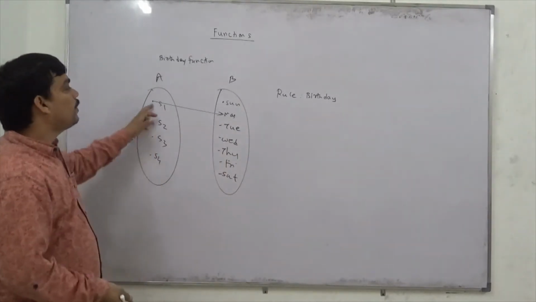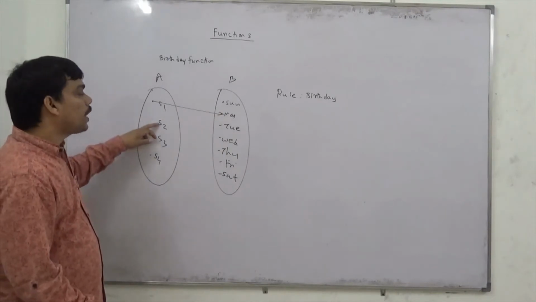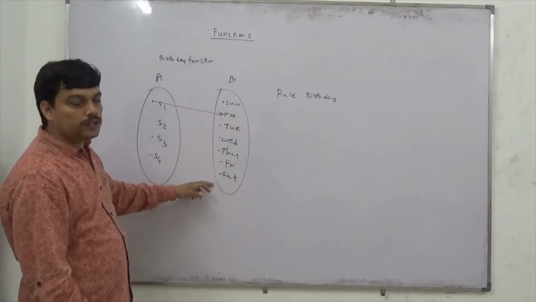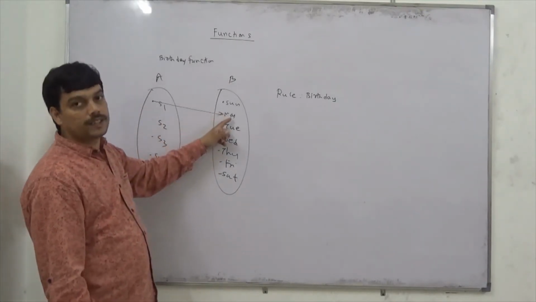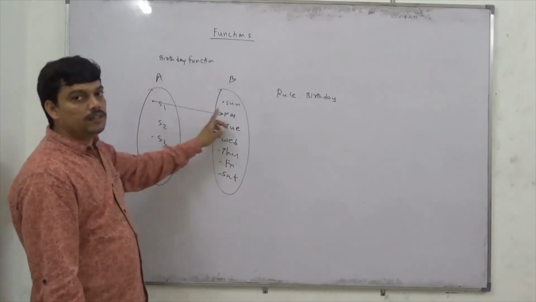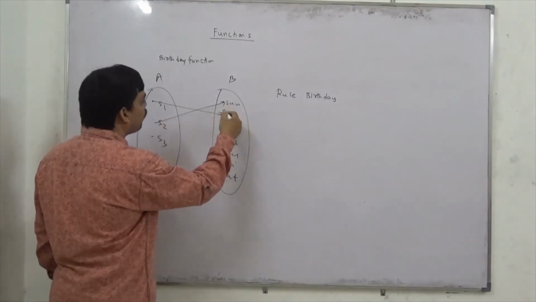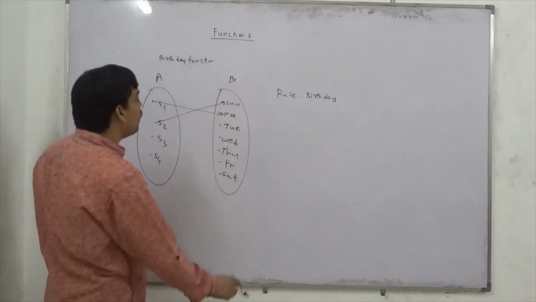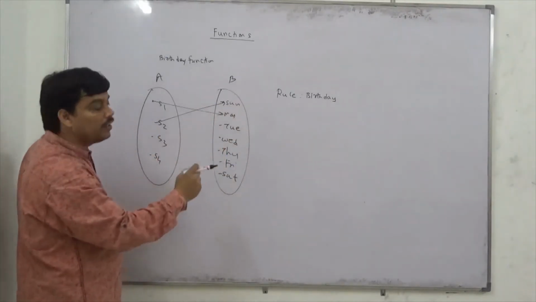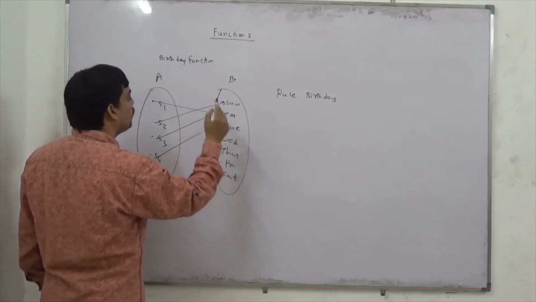Now after assigning S1 to Monday here, what does it mean? S1 has birthday on Monday. So is there any restriction that S2 cannot have birthday on Monday? S2 can have it on Monday, or some other day also, because two or more students can have birthday on the same day. That means two or more elements of set A can be related to the same element in B. That's what we conclude from here. So suppose S2 has birthday on Sunday, he can have it on Monday also, but I am assuming that he has it on Sunday. Now S3 can have birthday on any day again, Sunday or Monday as well. Let us say he has it on Monday and S4 has birthday on say Tuesday.